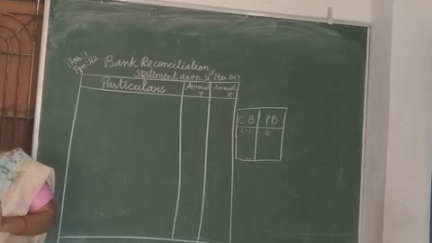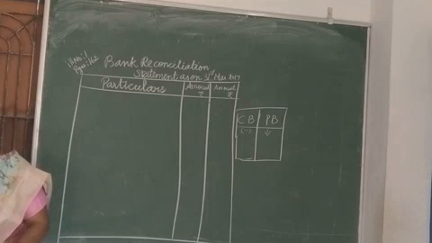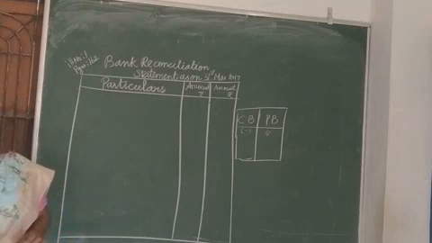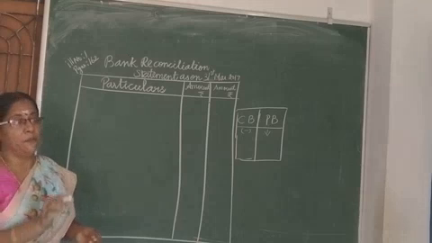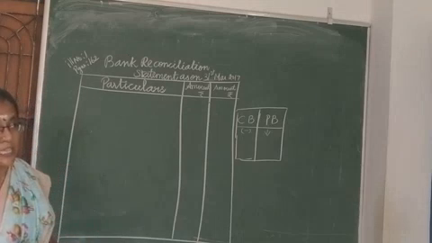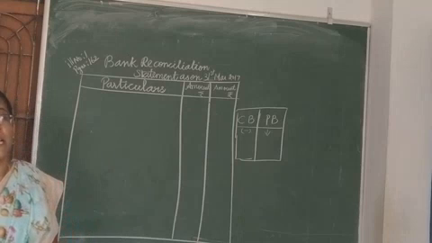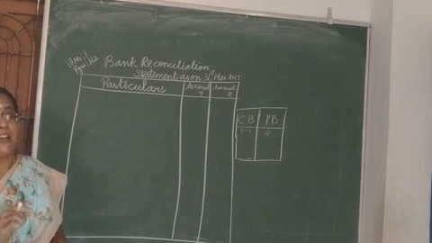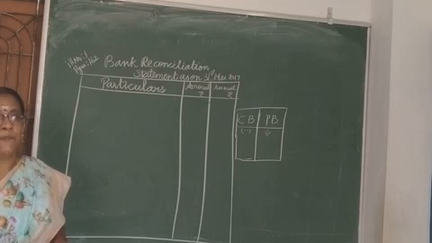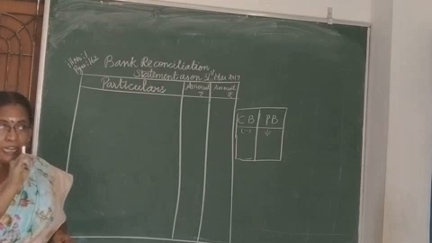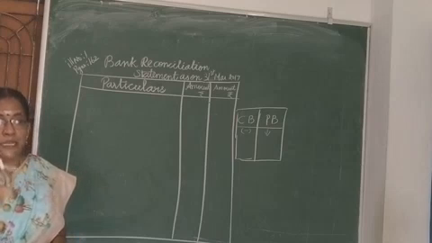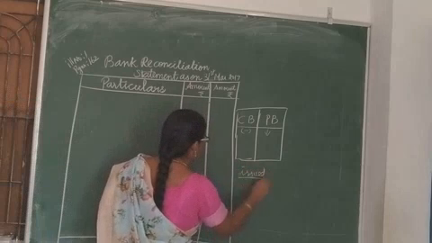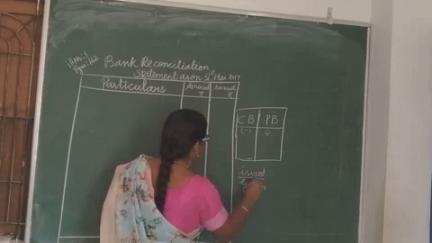Then, check issued but not yet presented for payment. We have given the check. Listen, understand the word check deposited. The word check deposited represents we have received the check from the debtor. Are you clear? Check issued means we have given the check to the creditor. Underline the word issued and write given. Issued means we have given to the party.